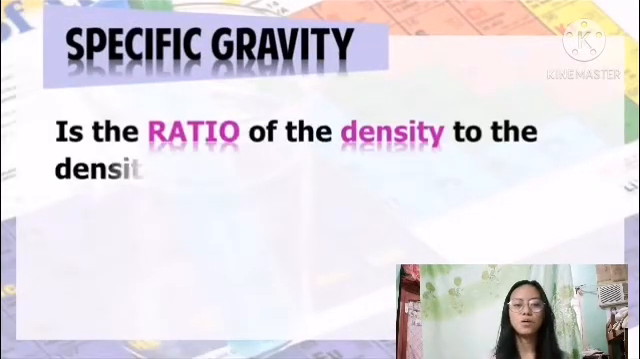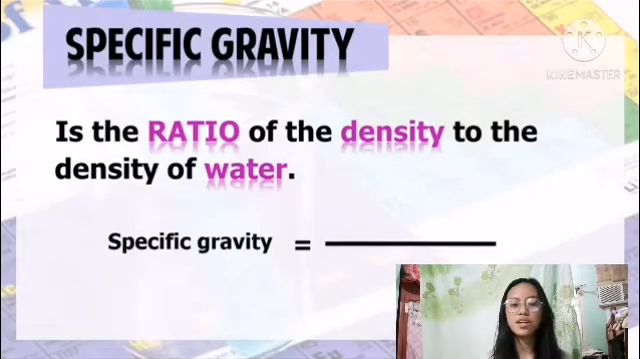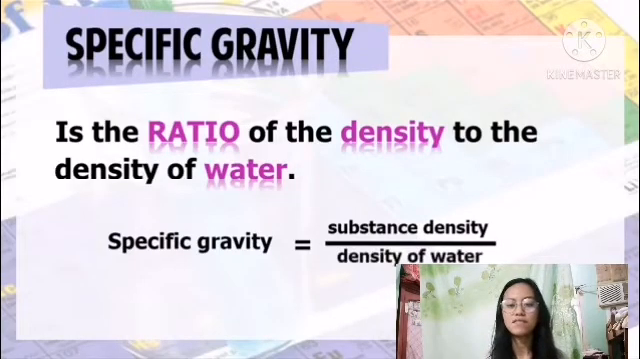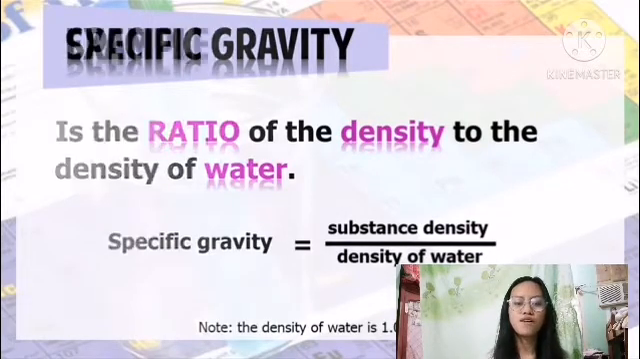Now let's move on to the specific gravity. Specific gravity is the ratio of the density to the density of water, which gives us the formula: specific gravity is equivalent to the density of a substance over the density of water or any other liquid used. For example,